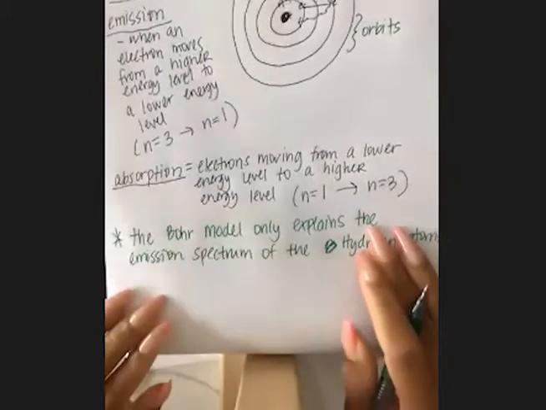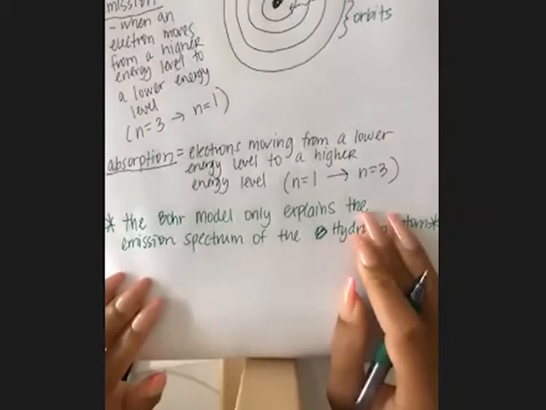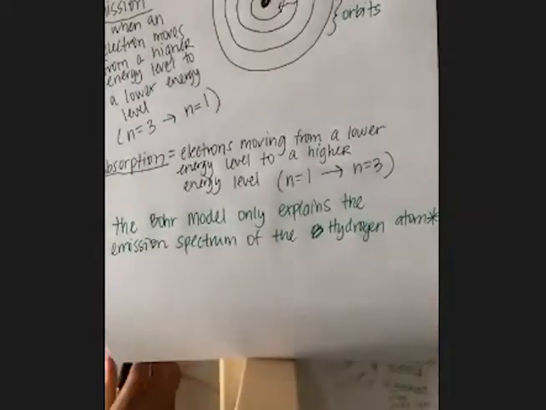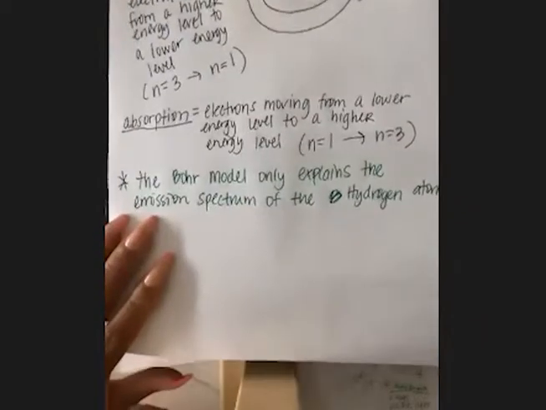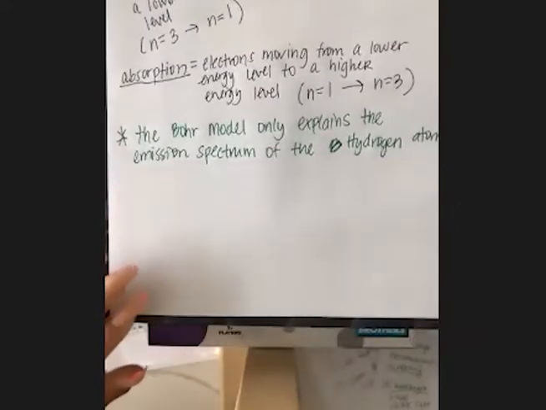And when we switch over to the quantum mechanical model, we're going to describe orbitals. So let me talk about the quantum mechanical model right quickly, and then we'll take a break. And then I'll come back and talk about electron configuration. All right, so the quantum mechanical model